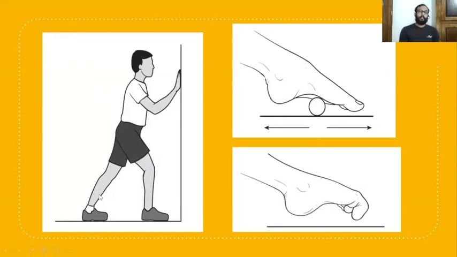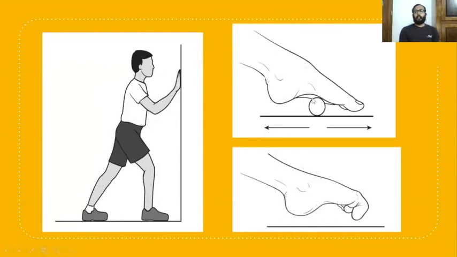This is calf stretch. Here the right knee is flexed and the left calf is being stretched. Hold it for a period of 5 seconds. This exercise is very effective. Why? Because the gastrocnemius and also soleus should be strengthened for strengthening the ankle joint. So this exercise is very effective in ankle joint injury and pathologies.